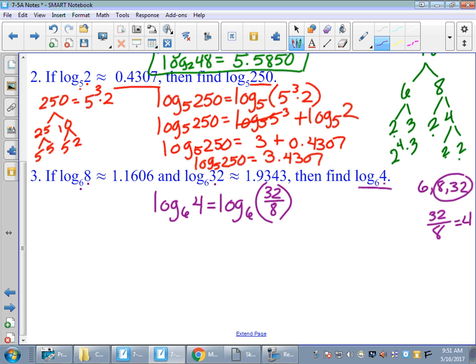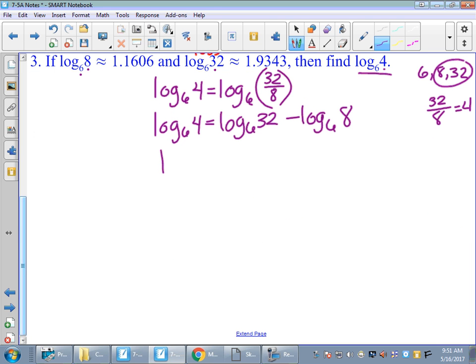Saying the same thing there. So I rewrote it. So the log base 6 of 4 can be rewritten in expanded form as log base 6 of 32. Take away log base 6 of 8. We expand. Rewrite, expand using the property, and then substitute. So log base 6 of 4 is equivalent to the decimal they gave me here, 1.9343, take away the decimal they gave me for 8,